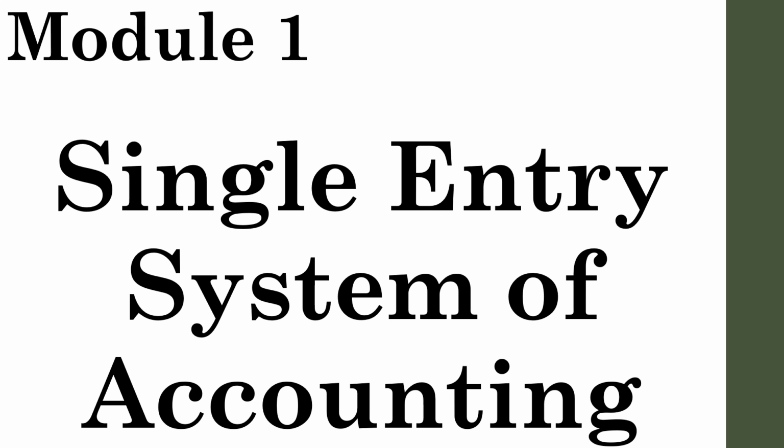In the last class, we were discussing the second method for converting single entry details into a double entry system, known as the conversion method, where you have to find out some of the important missing figures. For finding out those missing figures, you have to prepare some ledger accounts. Within that, we have learned how to find the closing balance of debtors or credit sales, especially how the debtors account is prepared to find out credit sales. Let us discuss some of the other ledger accounts that have to be prepared to find the missing figures.